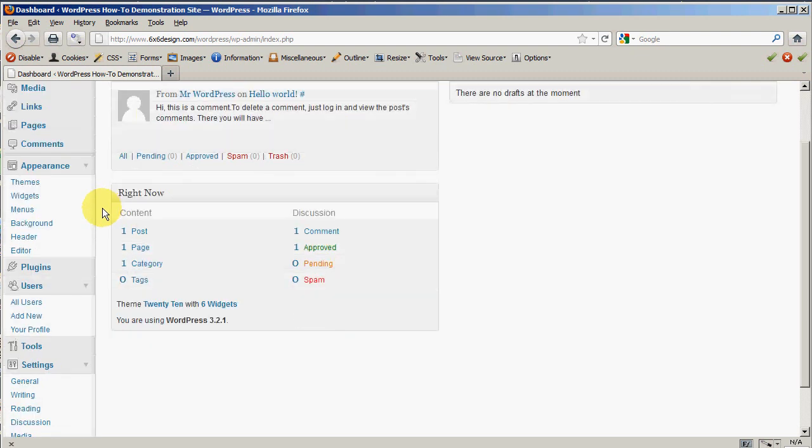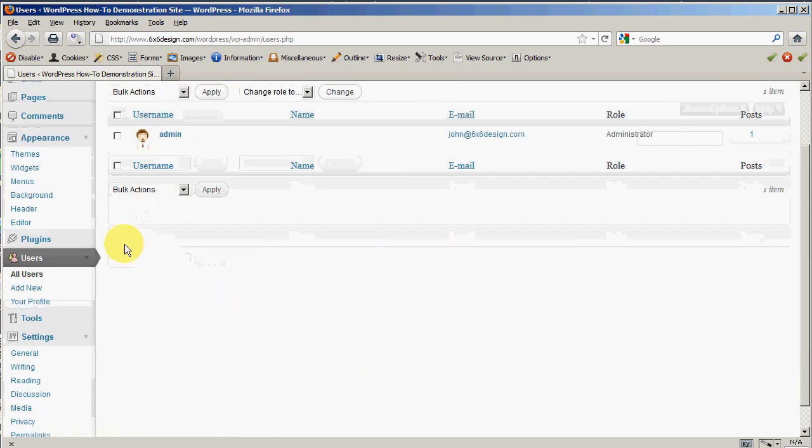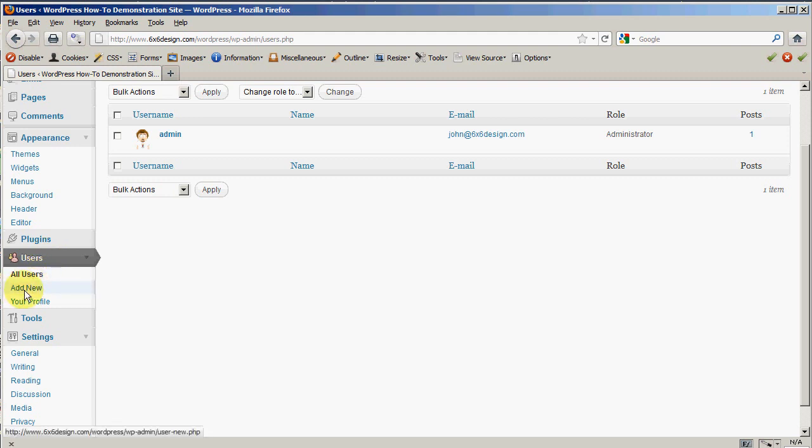So what we're going to do is set up a new user here. And chances are you're already one of these users. Okay, so what I'm going to do is go down here where it says all users and see what's here. Well, there's only one, and that's me. That's the admin. Okay, so what I want to do is create a new one. So I go to users, add a new one,